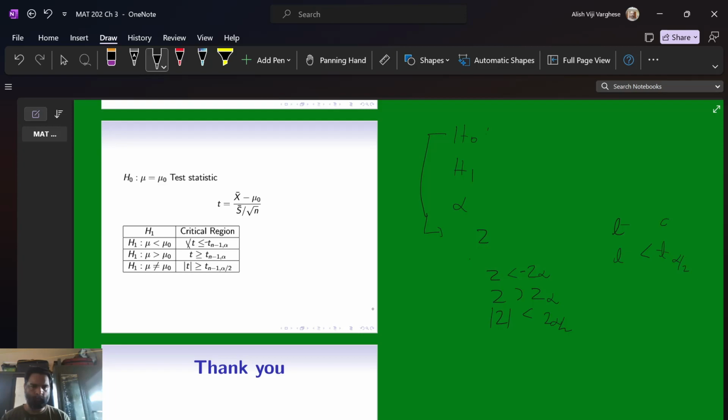Then find out the value of the test statistic x bar or p bar. Then normalize it and check whether it belongs to the critical region or not. If it belongs to the critical region, reject the null hypothesis and accept